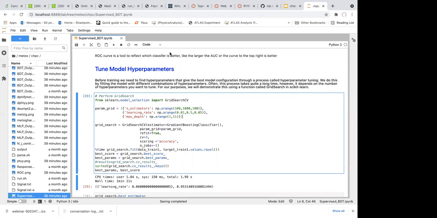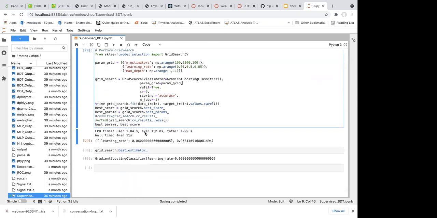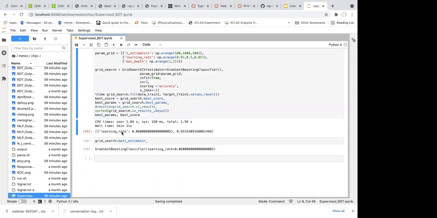Okay, then I'm going to answer the question from Mukesh: describe the output of the last block where hyperparameters are tuned. You mean here? I think this output just tells you that 0.06 is maybe the best learning rate, though I haven't looked in detail at how this is output.